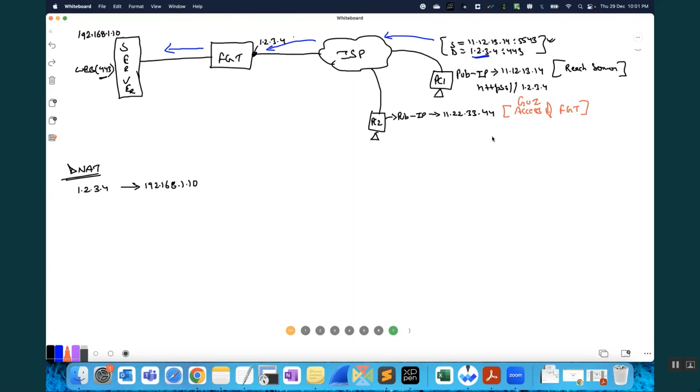Now, when PC2 sends the traffic, I will write HTTPS 1.2.3.4. If I have to take access of the firewall, of course, I will try to access the firewall's public IP. Yes or no? So PC2 is writing this.